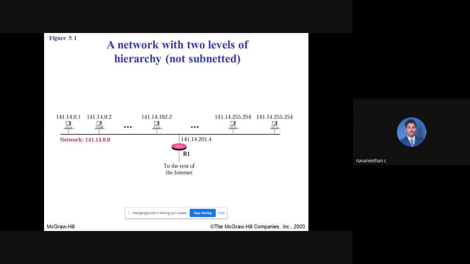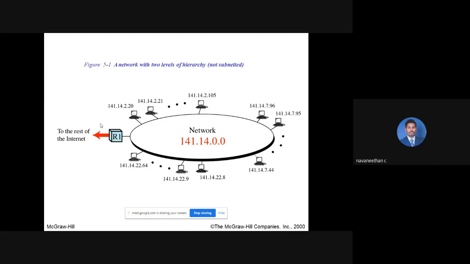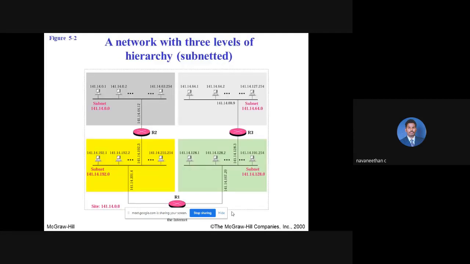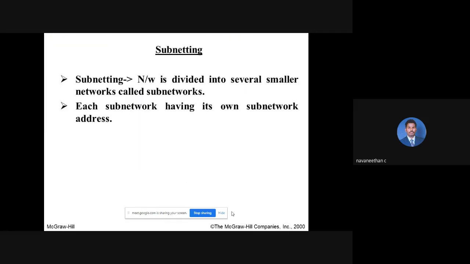With this subnetting part, just look at this diagram. We have an address like 141.14.2.0. For example, a class B address is given. I used to ask you to find out the network address, so you'll be saying 141.14. Here we have n number of different addresses, and it is not subnetted. In such a case, if there is a need, we have to go for subnetting. So what is the meaning of subnetting? Dividing a network into further small networks.